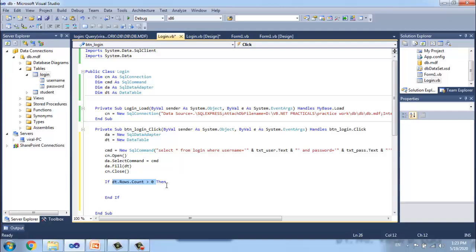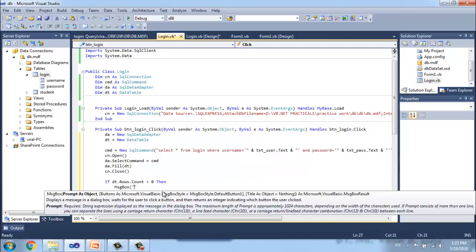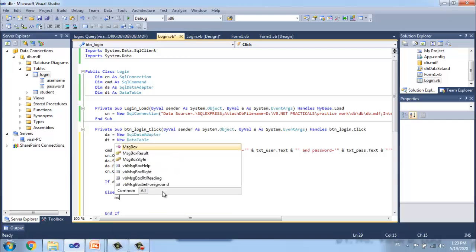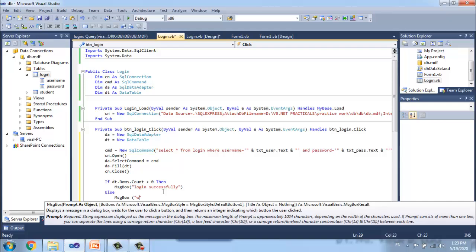So if the condition is true, then we simply display the message login successfully. Else, username or password is wrong, we simply display a message box.